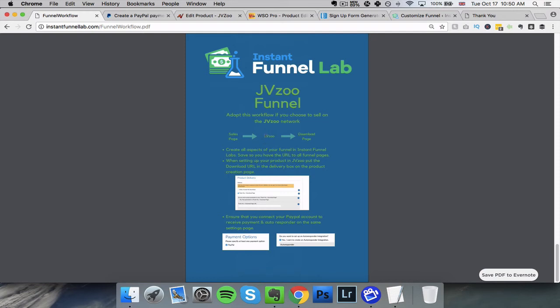Now we move on to the next one, and this is JVZoo, and it's very similar to Warrior Plus because they do a similar sort of thing. We have a sales page with the JVZoo button. JVZoo takes care of the autoresponder, the payments, and then they send us through to the download page. So when we go to JVZoo,